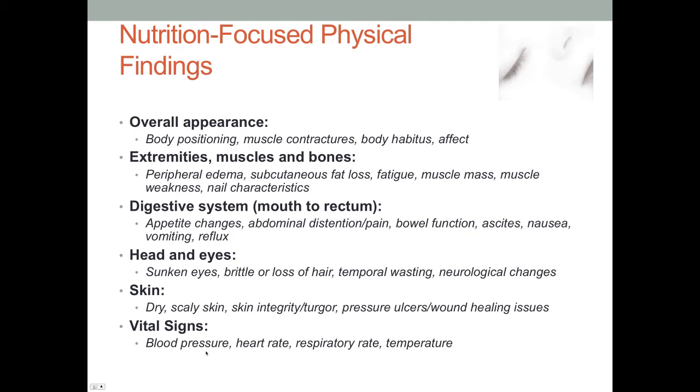In terms of nutrition-focused physical findings, this is something you can do even with children. But in particular, you might look at the head and eyes for signs of dehydration, such as sunken eyes or even severe malnutrition. If they have brittle hair or hair that's easily pluckable, if they're showing temporal wasting or any neurological changes, skin, looking for dry or scaly skin, which could show both dehydration or malnutrition. And then also,